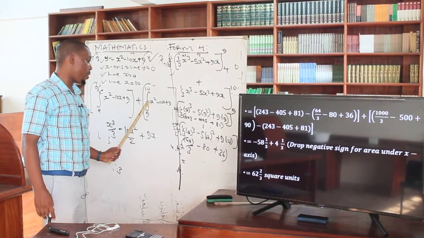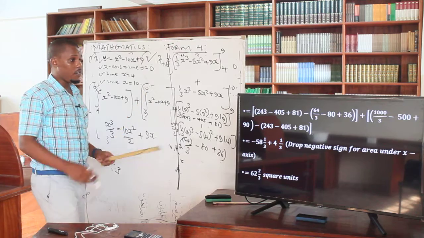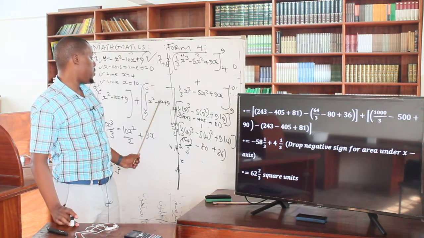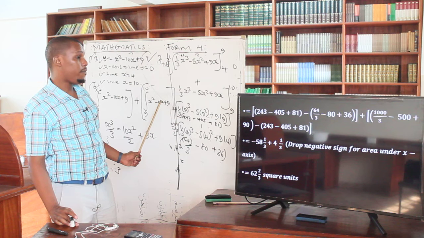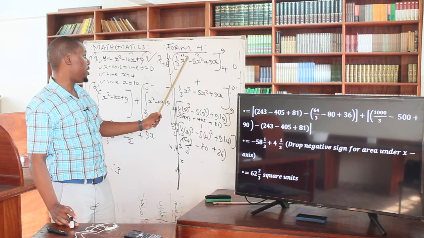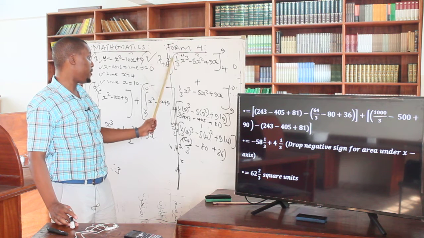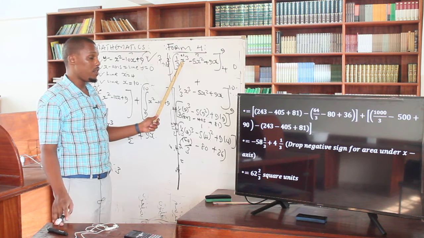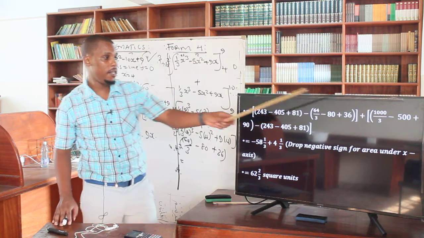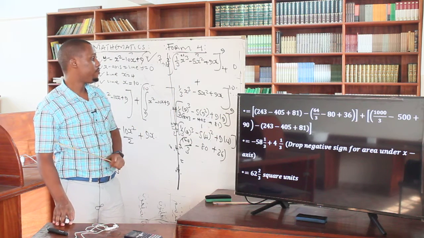So where there is x squared, you put 10. And so when you put 10, that one is giving us 1000 over 3. Then the next is giving us 500, according to the substitution here. So we start with this one, we put 10, you're getting 1000 over 3. When you put 10 again, with the 5, you get 500. Then when you put 10 here, it's going to be 90.